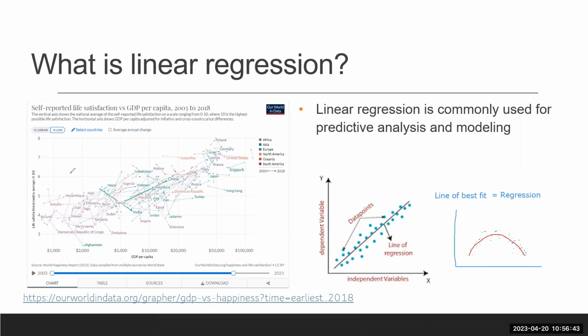So here's a real-life example on the left-hand side, where we have self-reported life satisfaction versus gross domestic product per capita. GDP, gross domestic product, is like the total economic output of a country: all of the exports and all the value that they produce. Like for Australia, it could be billions of dollars. And per capita means if you take that big number, the total economic output of a country, and divide it by the population, that gives you the GDP per capita. So Australia, for example,